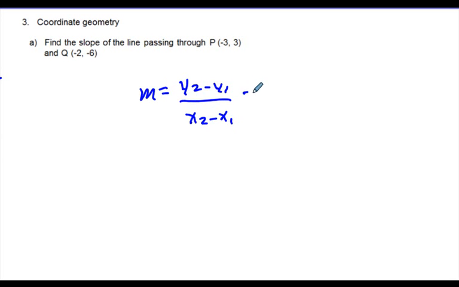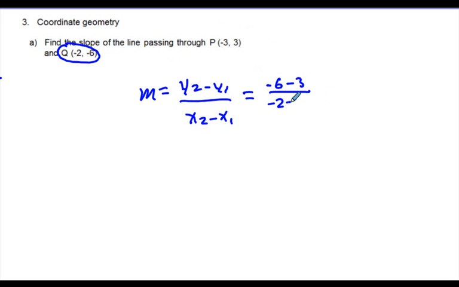And so in this instance, we'll say this Q is arbitrarily (x2, y2). We're going to have -6 minus 3 over